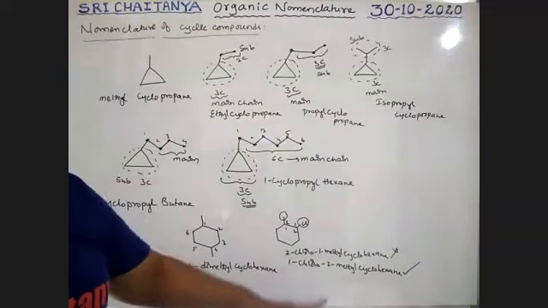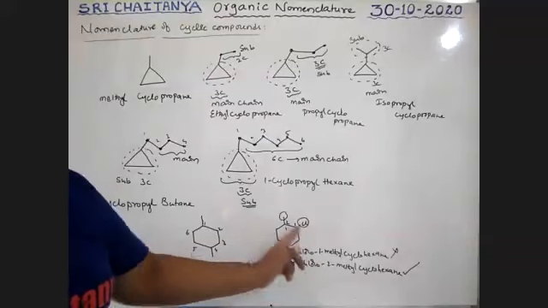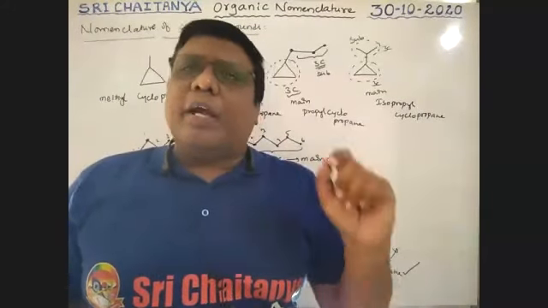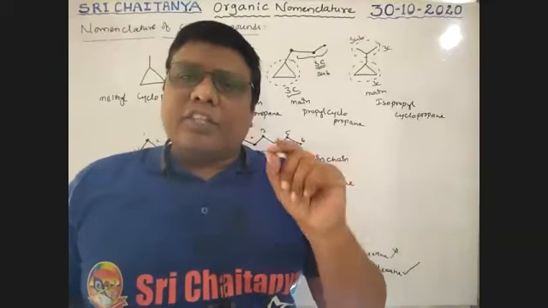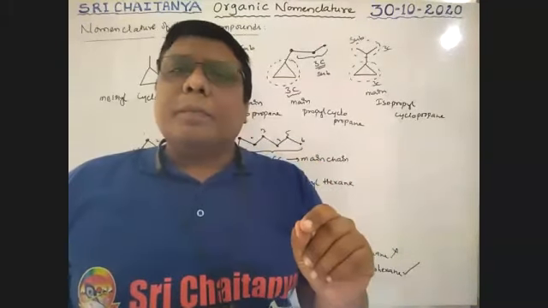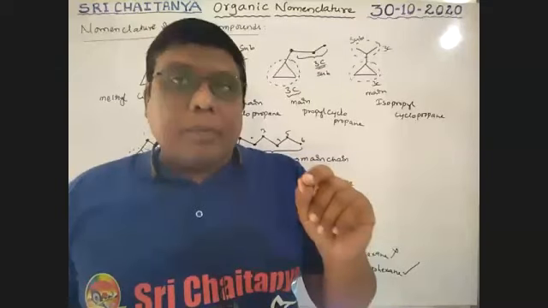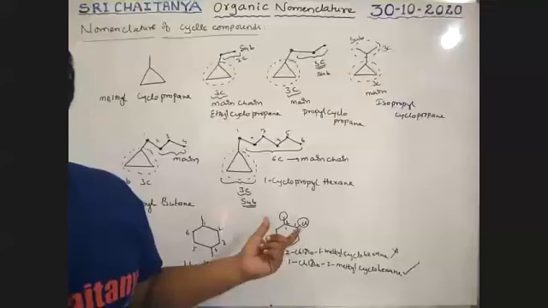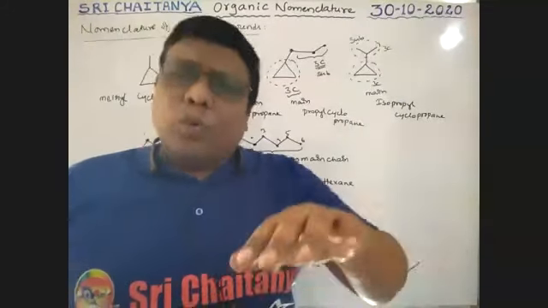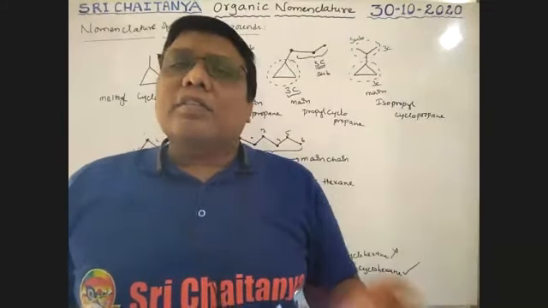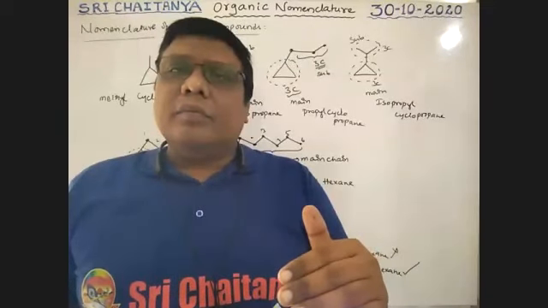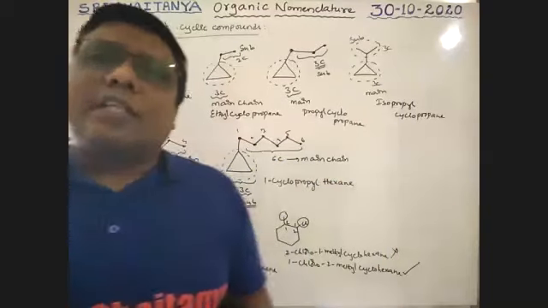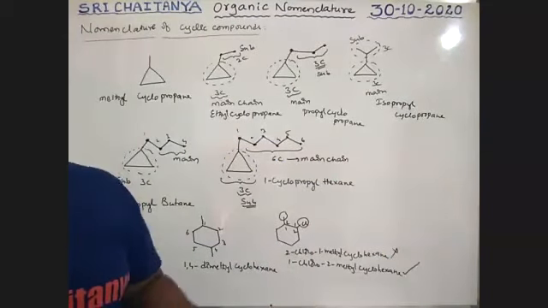So please note down both these. One is a functional group, another one is a substituent. A functional group carbon must be the first carbon. But here both are substituents, both are equivalent. That's why the substituent which comes first alphabetically gets the lower numbered carbon. That should be the lower numbered carbon.